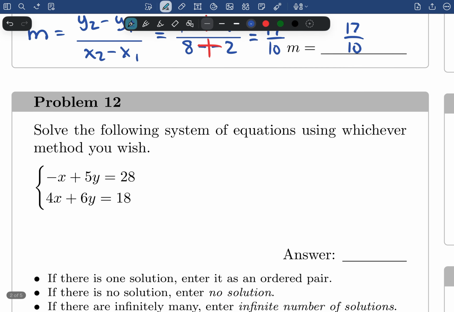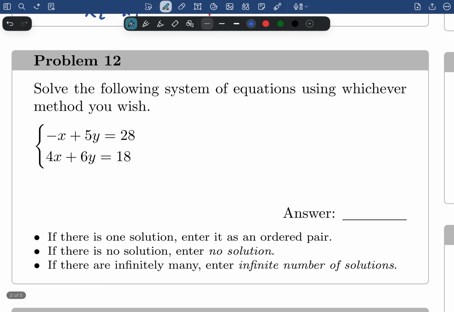All right, moving on to problem number 12. Solve the following system of equations using whichever method you wish. In this course, you have learned the substitution method. You have learned the elimination method. You have learned to solve by graphing. You get to choose what you want to do, but in this case,